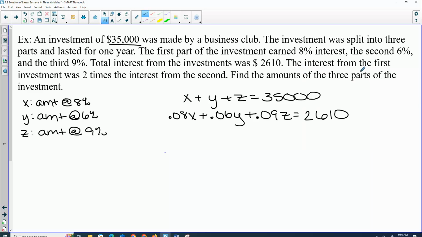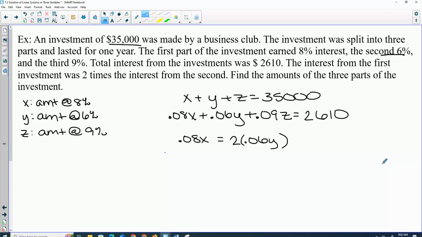The last one, the interest from the first investment. So my first one is the 8%. The interest is 0.08x. That's equal to 2 times the interest from the second one. The second was my 6%, so the interest from the second is 0.06y. So we have to define our variables,